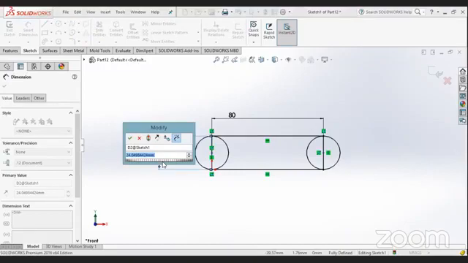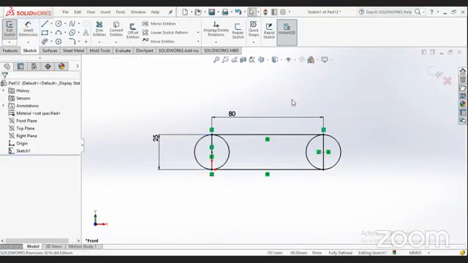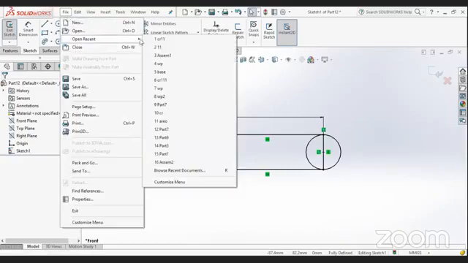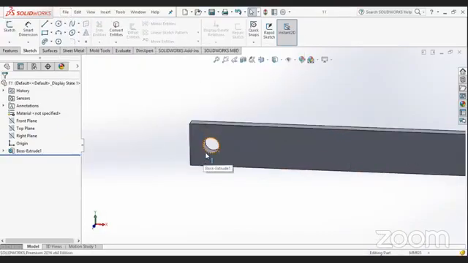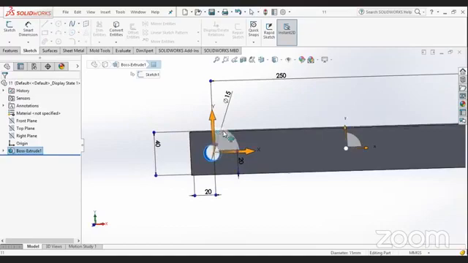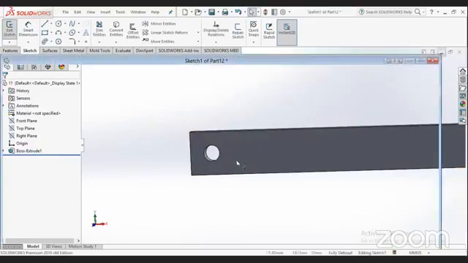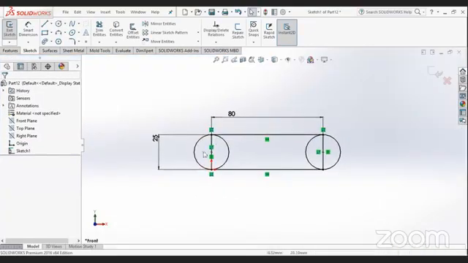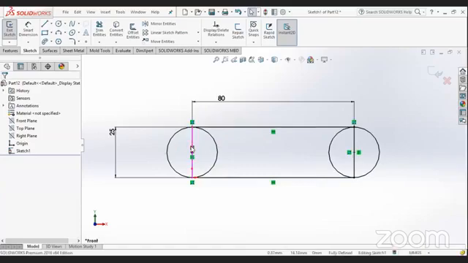Let it be, say, 25. Now you have to check the dia. So you have to check. This is 15 mm, and in the connecting rod we have taken 10 mm. Okay. So on one end we have to do 2 extrudes. One will be an extrude of 15 mm, and the other will be an extrude of 10 mm.